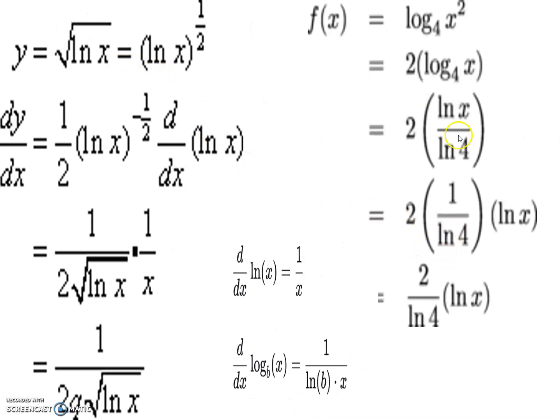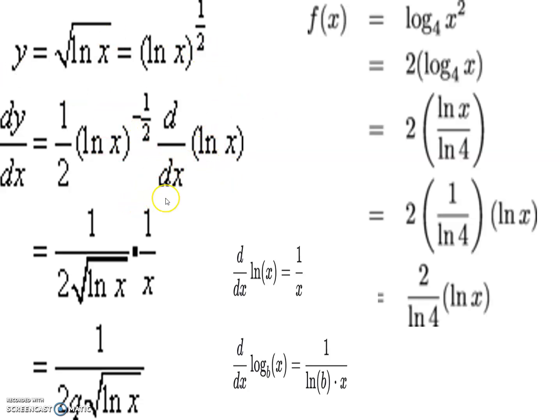Now let us check both the examples. Let us start from this example. y is equal to root of ln x. We know that the square root we can write as raised to 1 upon 2, so ln x raised to 1 upon 2. We have the formula: derivative of x raised to n is n times x raised to n minus 1. So dy by dx remains the same, 1 upon 2, our f of x is ln x. So 1 upon 2, f of x raised to minus 1 upon 2. Why? 1 upon 2 minus 1 gives the value minus 1 upon 2. Again the derivative of f of x.